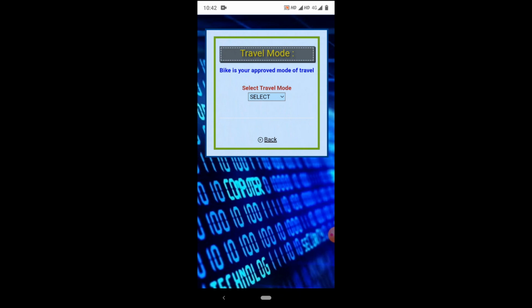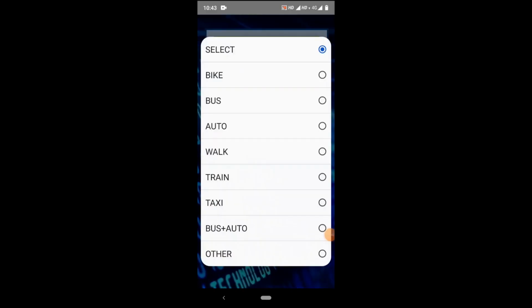Other users who are not bike-enabled will directly get the GPS screen or a map screen to select that particular location and then proceed. Your reporting managers can enable the bike mode of travel for you if you are regularly using a bike as the mode of travel. Here I can select bike itself and start the call.